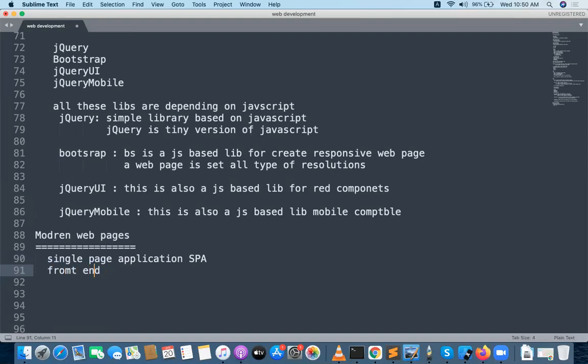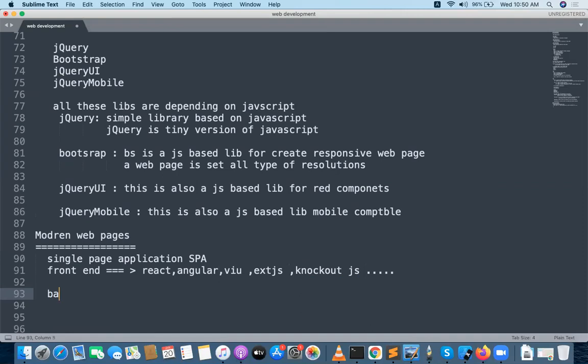For the front end, we are using libraries like React, Angular, Vue.js, Ext JS, Sencha for mobile, Knockout.js, and more. A lot of modern web pages are developed with React, Angular and Vue. But React and Angular are very famous compared with the other libraries.